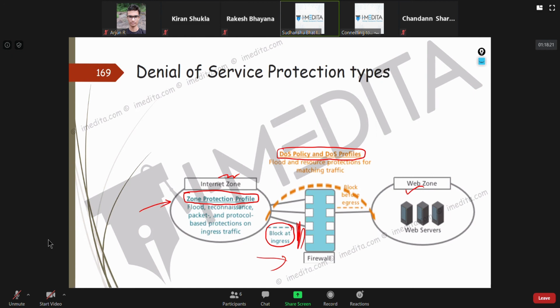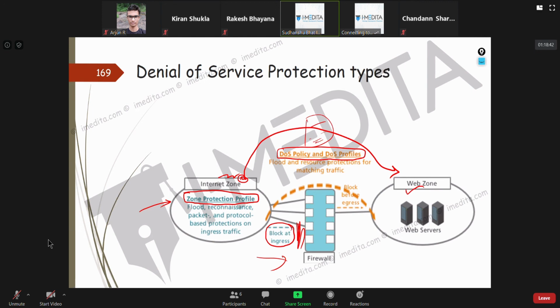DOS policy or DOS protection profiles are used when you say source zone internet, destination zone web, I want to limit the number of packets. Are you getting my point?